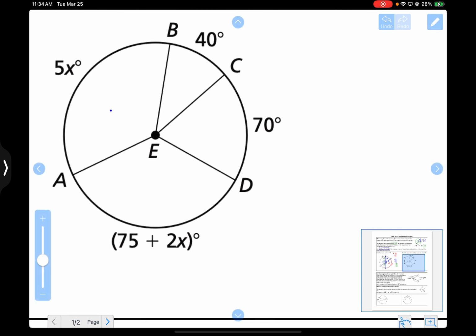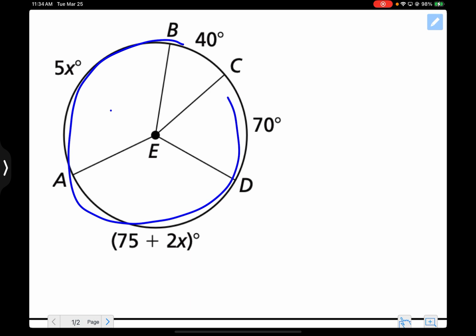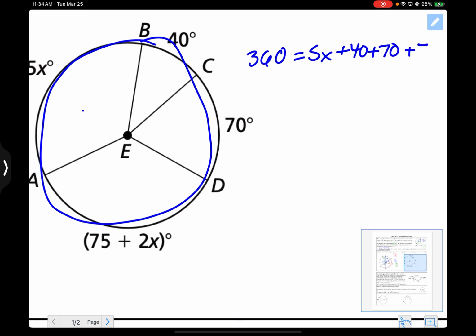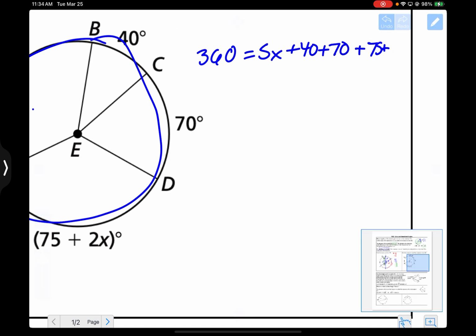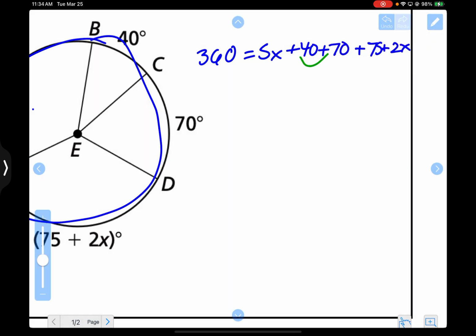So again, we can do the same thing right here. And we know that all of the angles in a circle equal 360. So we're going to simply say 360 equals 5x plus 40 plus 70 plus 75 plus 2x. So we combine all of our like terms. 40 plus 70 plus 75 is 185. So 360 equals 185